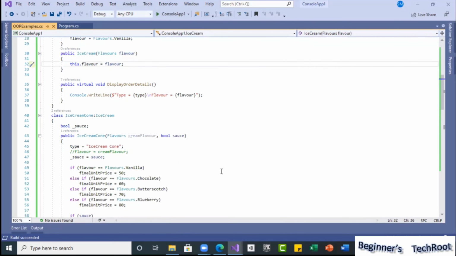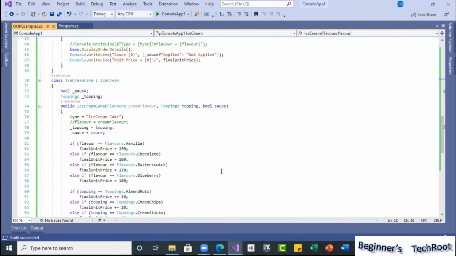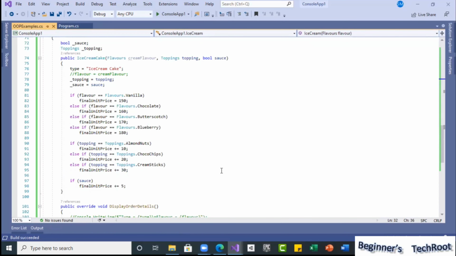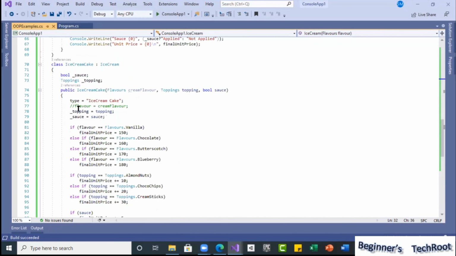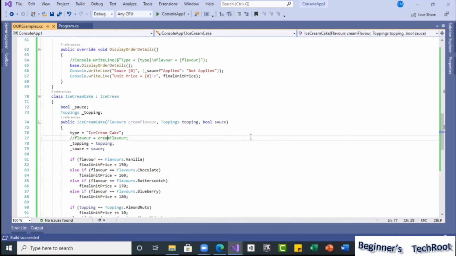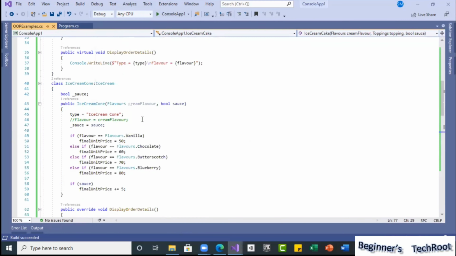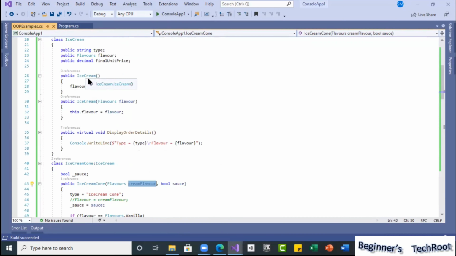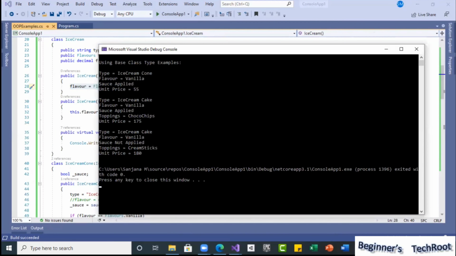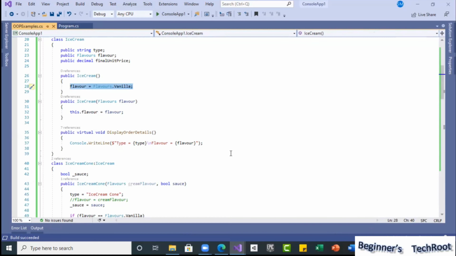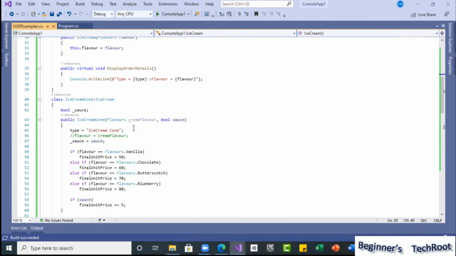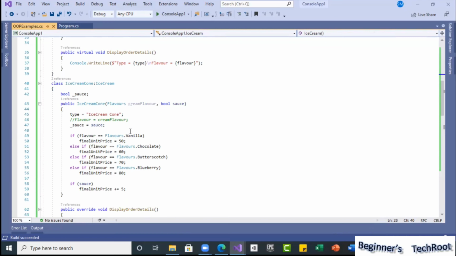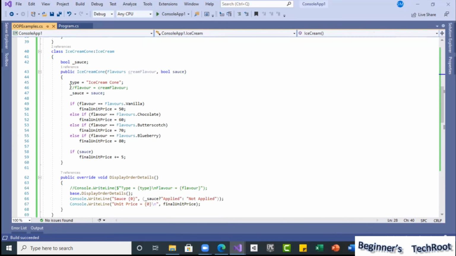Suppose we are assigning here, right? Example, I am going to show you that example. So here now, I just commented this, and both the places I commented so that this flavor is not taken. It's taken only the default constructor, whatever we assigned, flavor vanilla. So in this, that vanilla we displayed here. Okay. So now instead of that, whatever the choice we selected, that itself if you want to display, so we